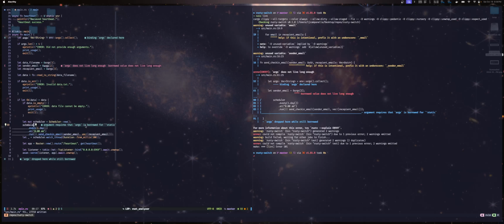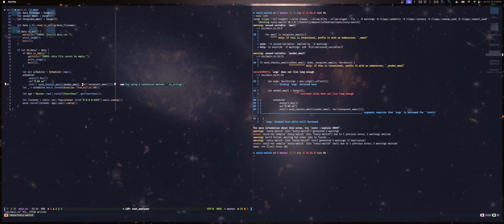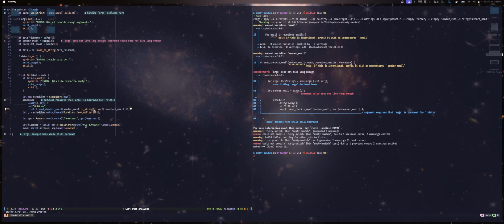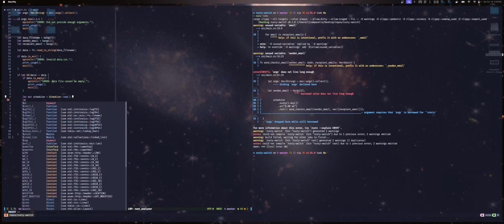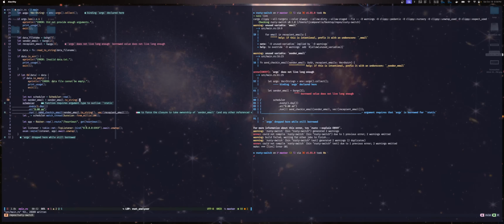How come clone, maybe if I just make this take, instead of a reference, that's probably why. Let's just make this take an owned string, and I think that'll just work. And then if I go down here, if I just do toString, that should just work. Args does not live long enough. Why is it still not living long enough? I wonder if I gotta put it into a different variable. Let's just call it sender. I think I could just shadow it again. If I just do sender email.toString, if I do that,